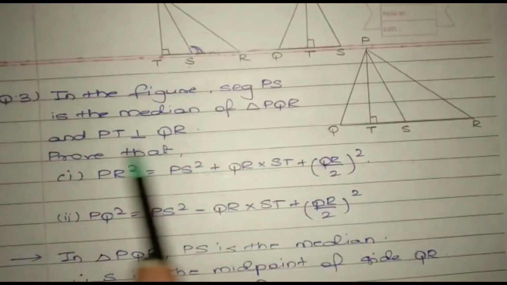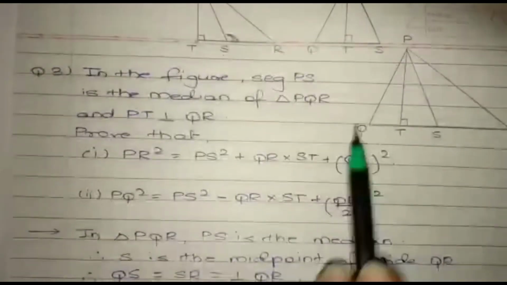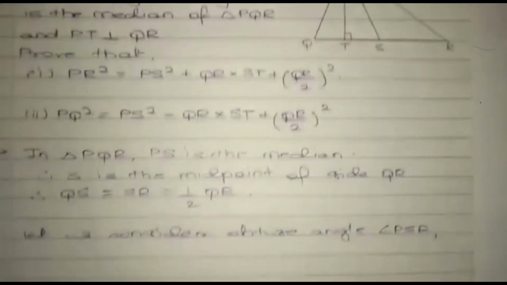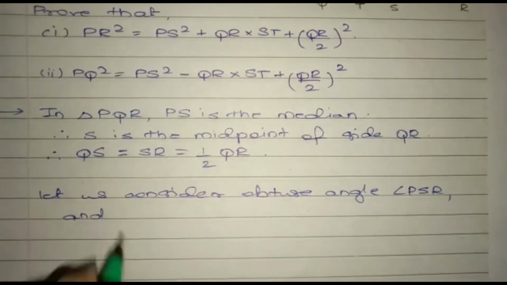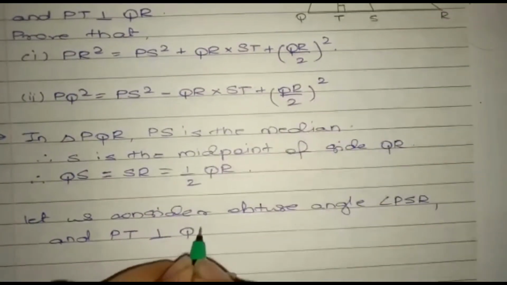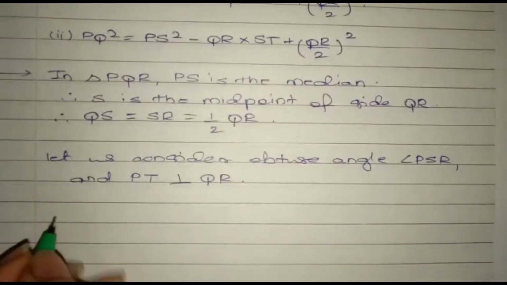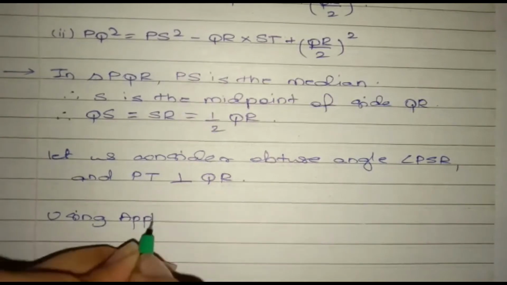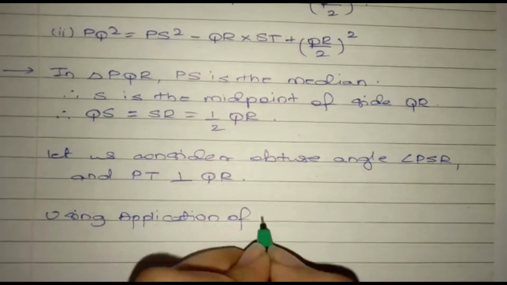It is already given, PT is perpendicular to QR, but we will write this only, that is PT is perpendicular to QR. So let us consider obtuse angle PSR, and PT is perpendicular to QR. Okay, now using application of Pythagoras theorem,